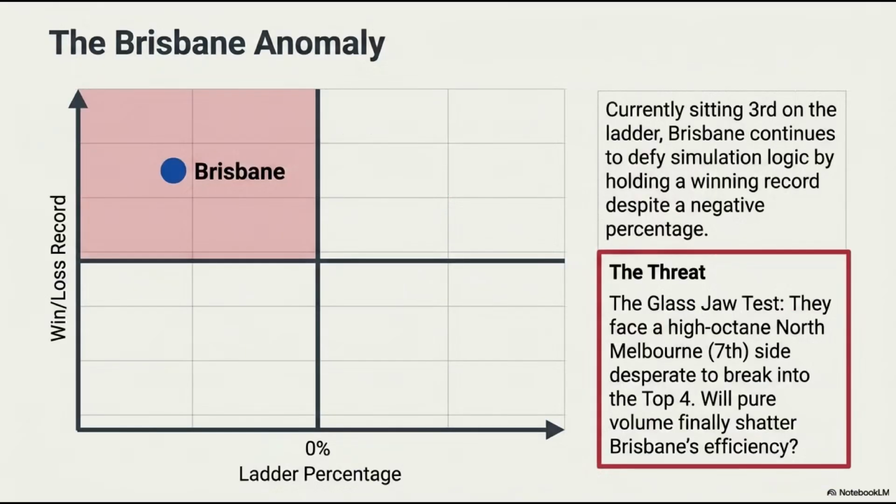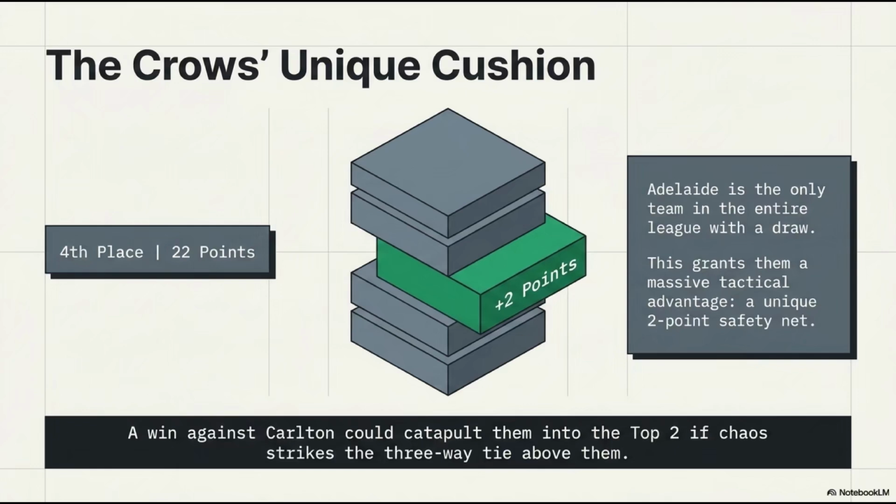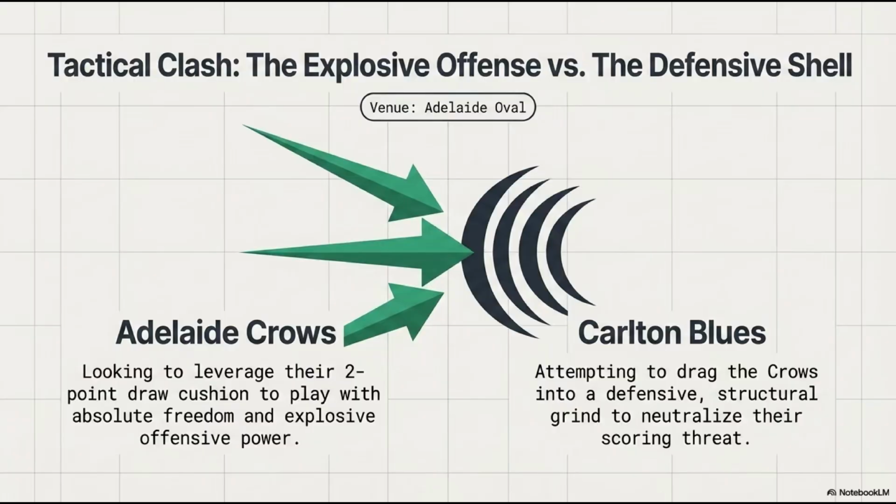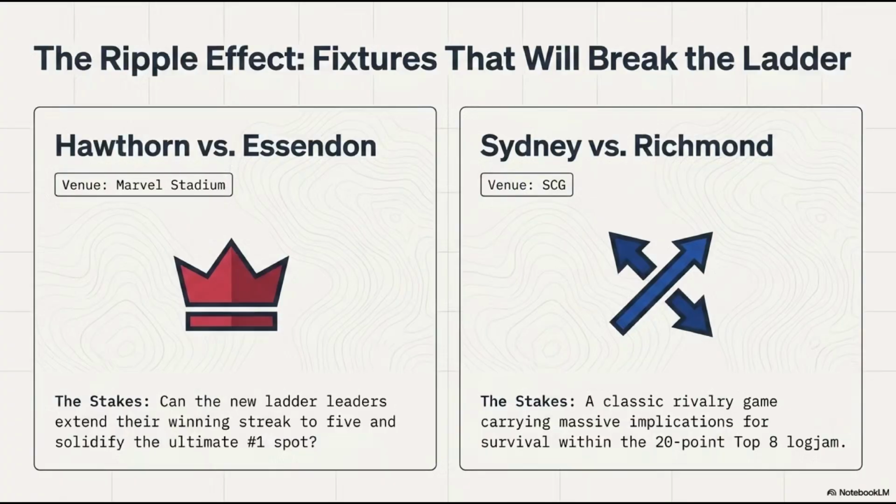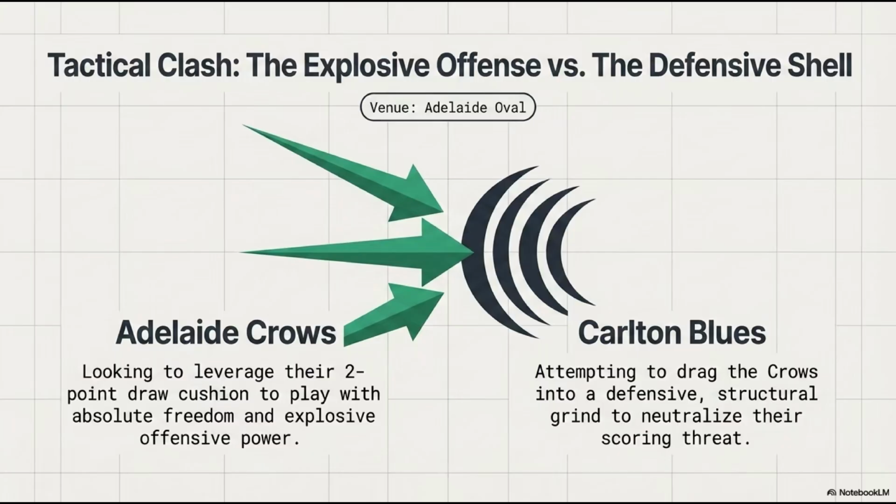But wait, how on earth does a team tie for first place with a negative percentage? If percentage measures points scored versus points conceded, a negative percentage means they've literally given up more total points across the season than they've scored. Right. Well, if we connect this to the bigger picture of how sports ladders function, percentage is your most honest indicator of overall team strength.